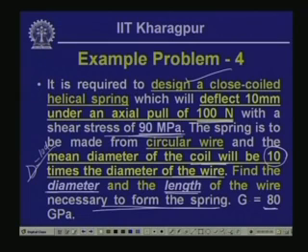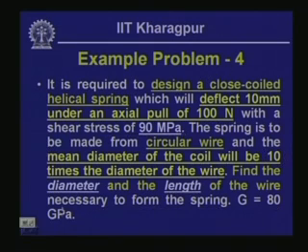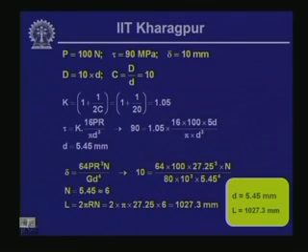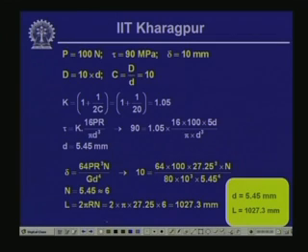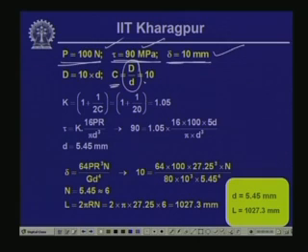G is given as 80 gigapascal. Now, here what is given is the load P, 100 Newton, and the allowable shearing stress is equal to 90 megapascal. Also, the maximum deflection that is allowed is equal to 10 millimeter. Now, it is given that the spring index C, which is the ratio of the capital D to the small d, is equal to 10,